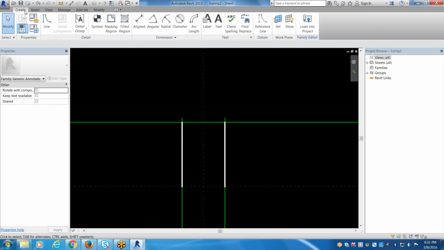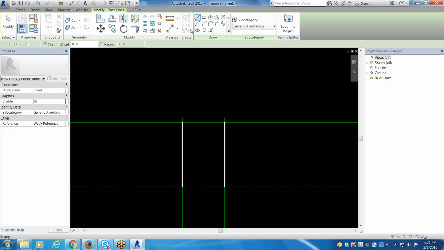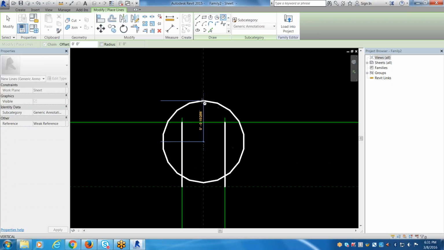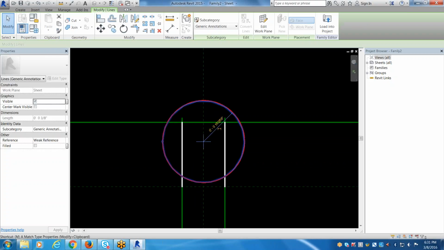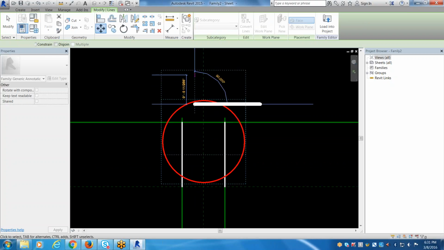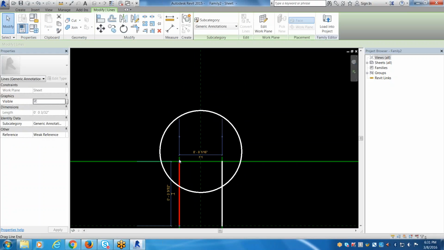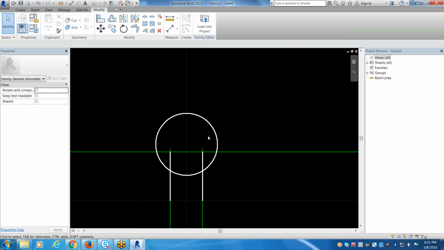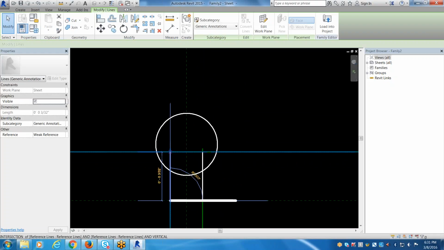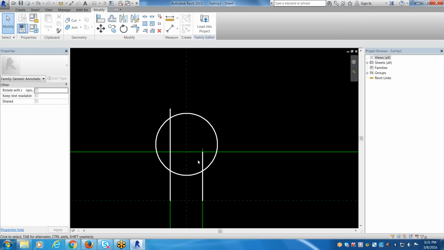So we're going to go back to, I know it doesn't make sense, but Line. And then here we're going to go to Circle. We're going to place it anywhere on that line, and we're going to draw it out. This is not looking right. No. We're going to have to fix it. See, we were just guessing at those numbers. That's fine. Can we use the horizontal line as